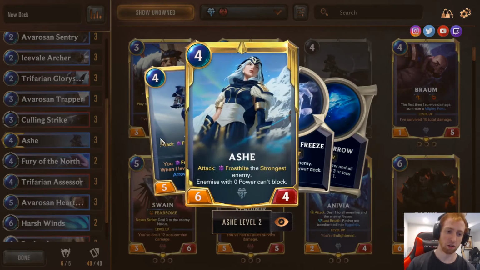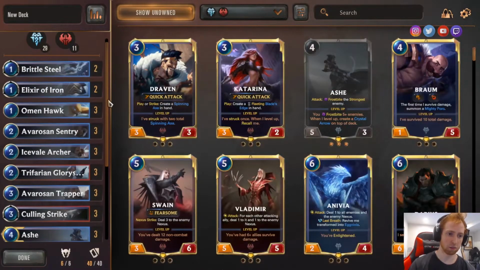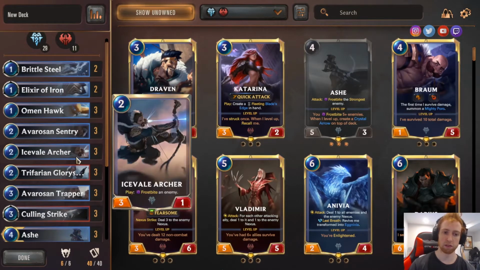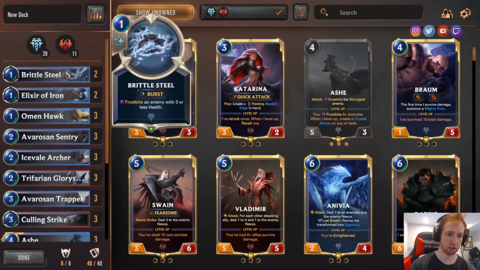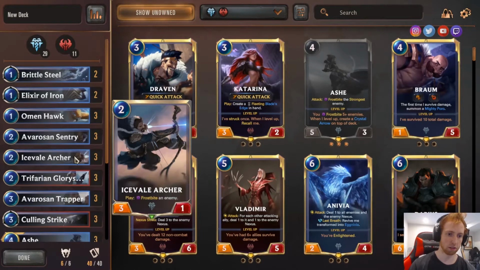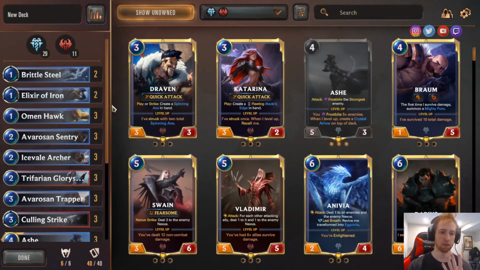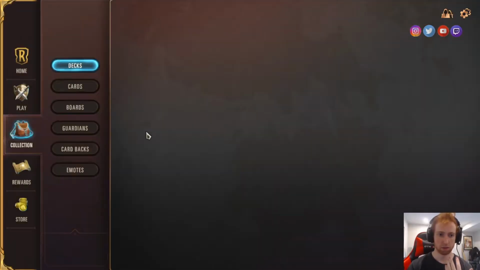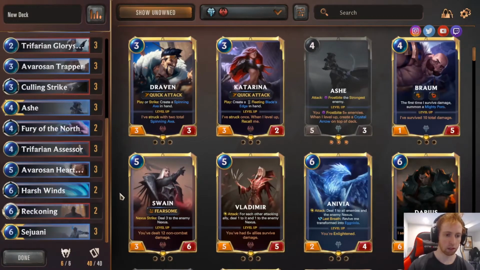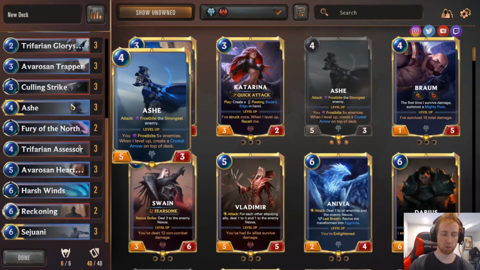But the reason this is so good is, like, let's say the game starts, you freeze something. You freeze something here. It's 2. So that's all you need to do: you get the Brittle Steel and Ice Archer. That's 2 out of 5 of the freezes. Okay, I just did 2 out of 5 of the freezes, and then later in the game you play